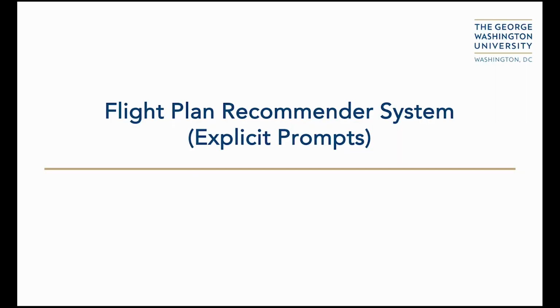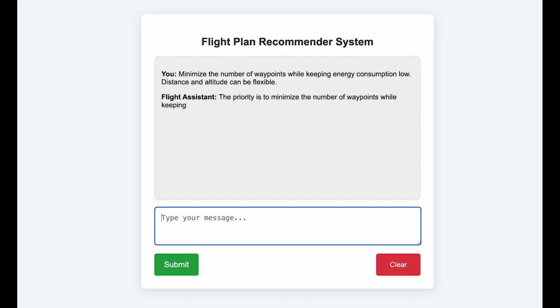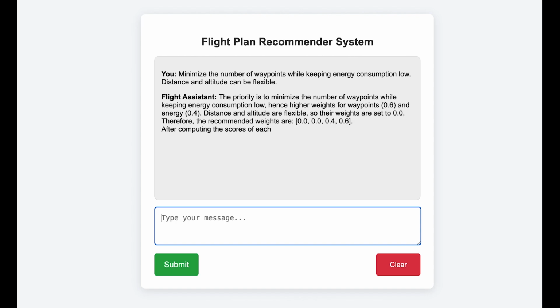Here, we tested the flight assistant with 2 classes of prompts, explicit and implicit. In explicit prompts, the preferences of the flight operator are clearly mentioned in the prompt and there will be a direct reference to the feature name. For example, here, the operator wants to minimize the number of waypoints and energy consumption, and other features are not important for them. Then, the assistant will generate the weights, the final selected flight plan, and a reasoning for its